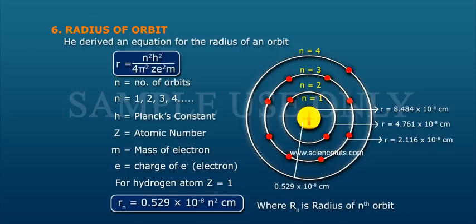For hydrogen atom, Z is equal to 1. Rn is equal to 0.529 into 10 to the power of minus 8 n square centimeter, where Rn is radius